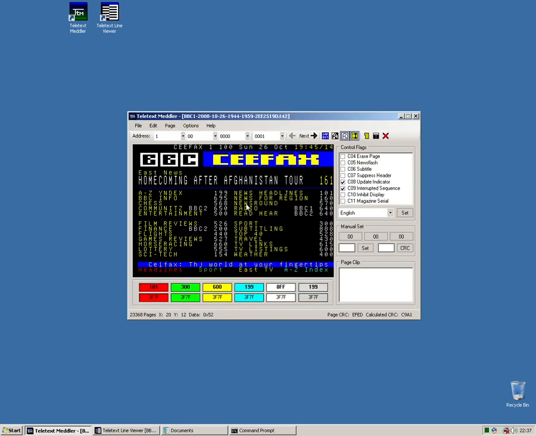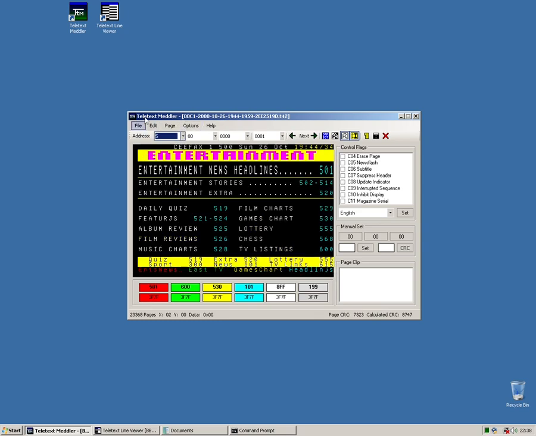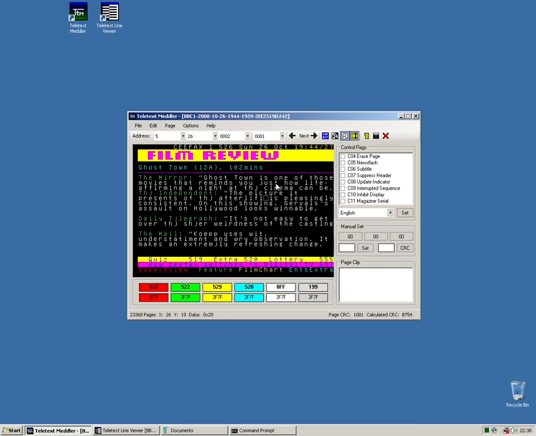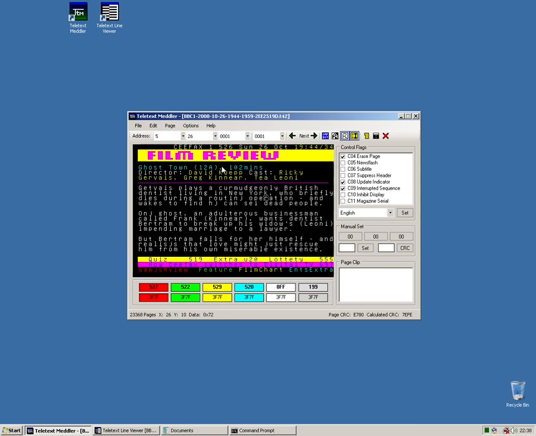But no breaks, because Guesser's already looked at it for us. So let's see if we can find an interesting page to restore. I don't know. What about film reviews? 5 to 6. So we choose 5 as the magazine number, 26 there. And here we go. There are 2 subpages in this for Ghost Town. Ricky Gervais. Oh, how about that? Did anyone see Afterlife? That was a pretty good TV show, at least the first season. Anyway, so we're going to try and restore this.